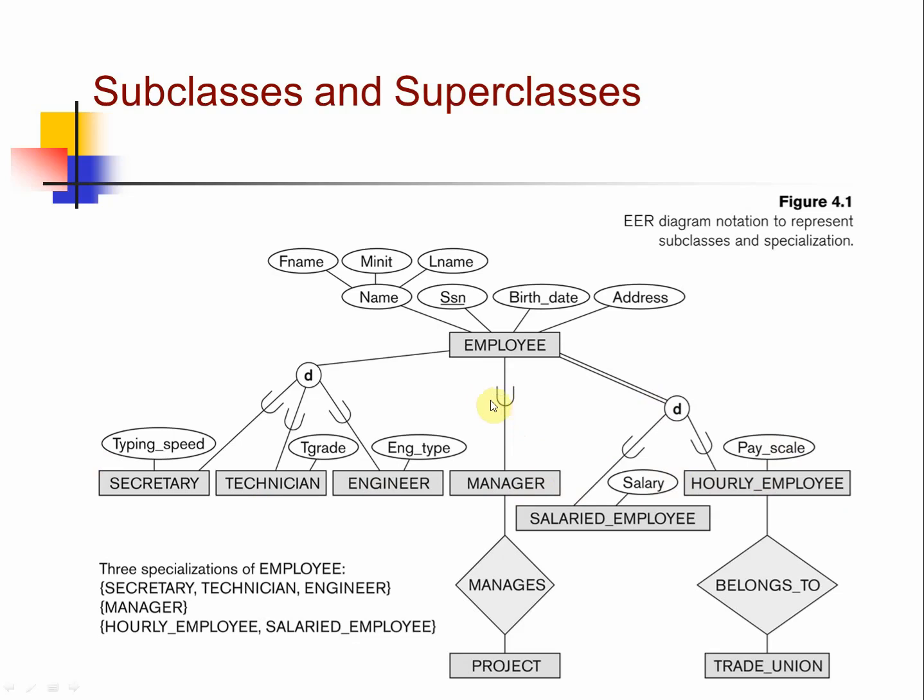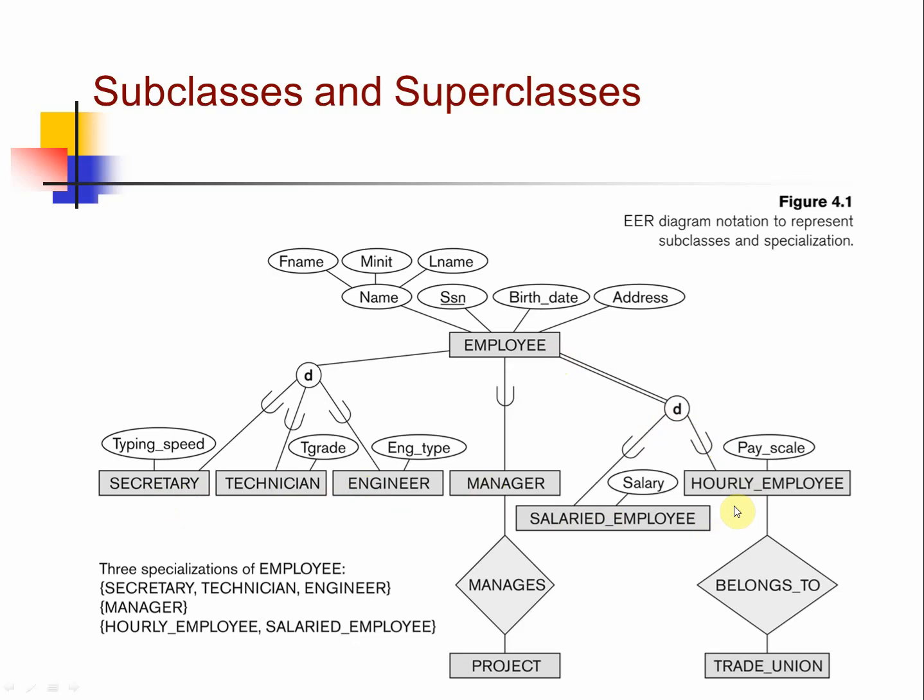The open end of the fork indicates where the superclass is. The bottom of it indicates who the subclasses are. It's the same thing for secretary, technician, engineer, and also salaried employee and hourly employee. They all open up to the employee entity, indicating employee is the superclass,